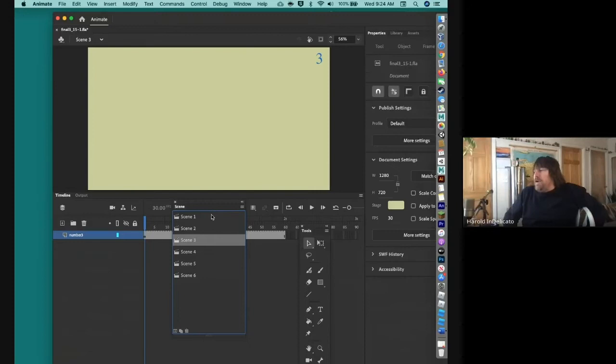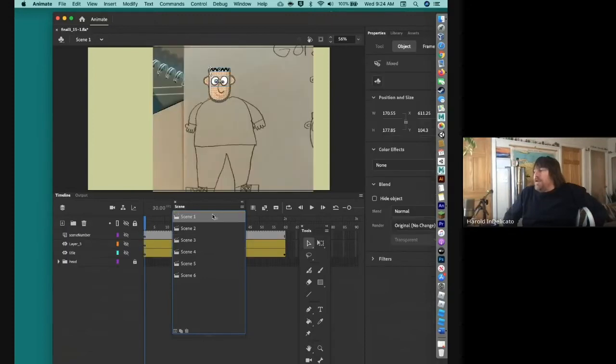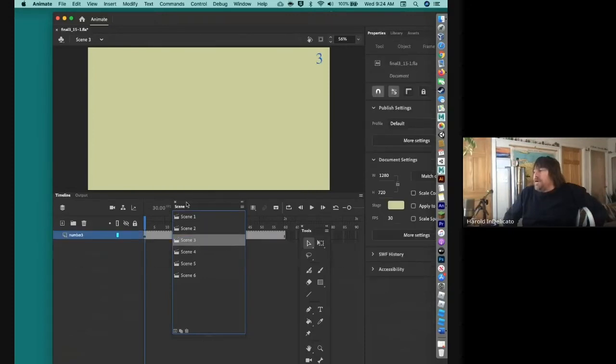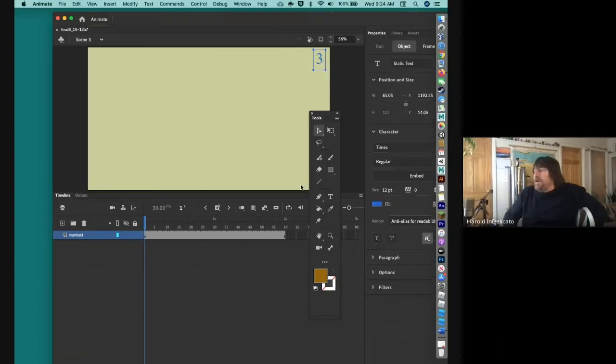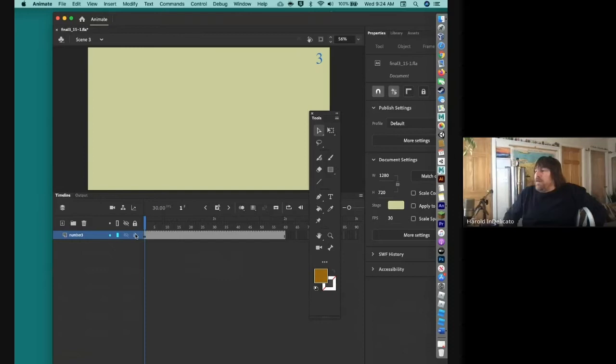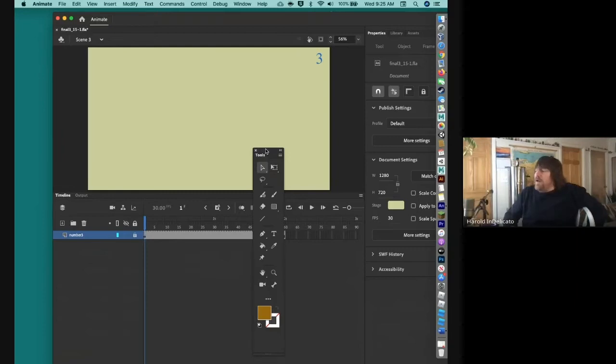So I am going to go to scene 3 where I don't have anything. I'm going to close my scenes window. The only layer I have on scene 3 is my number 3 layer, and that's for this number. I'm going to lock that layer down. That's just so I know where I'm at. And now I'm going to start to make my main character